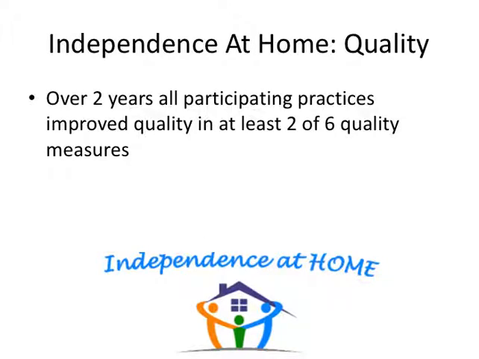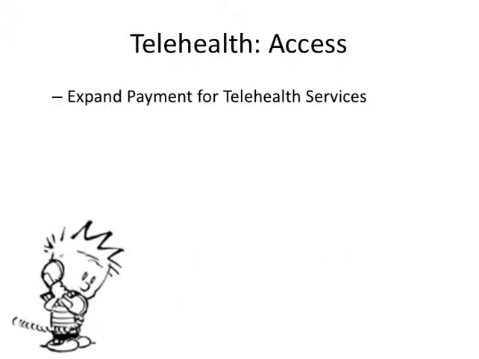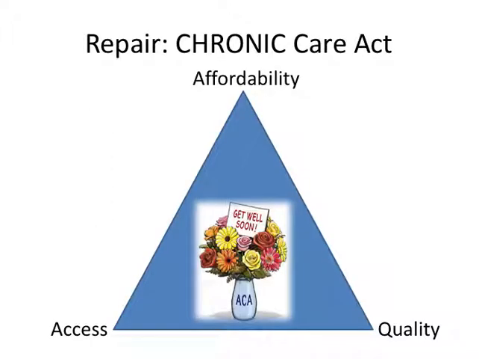The Independence at Home program has also been shown to improve quality. Over the 2 years, all participating practices have improved quality measures in at least 2 of 6 quality measures that are monitored. The Chronic Care Act also expands payment for telehealth services to Medicare Advantage policyholders, ACOs, and stroke victims, thus improving access. As you can see, by using the Independence at Home program, the Chronic Care Act is able to